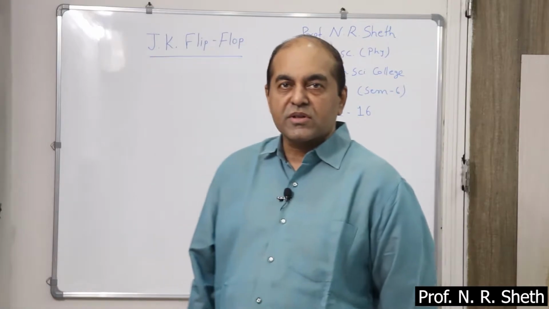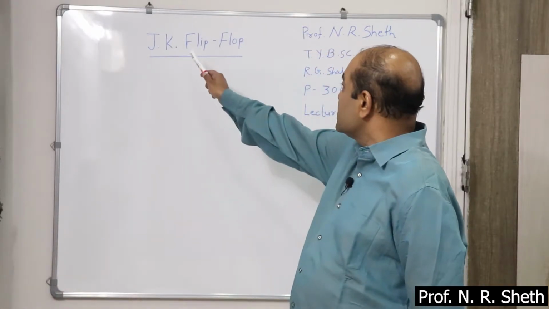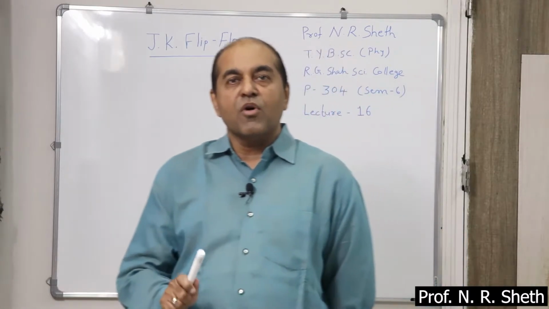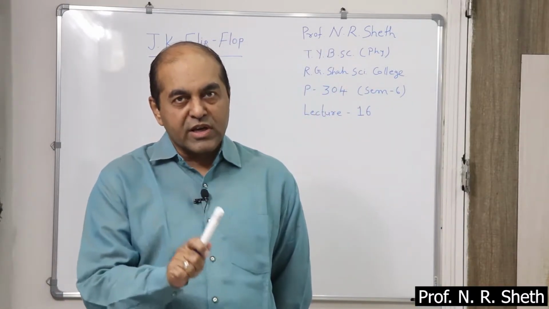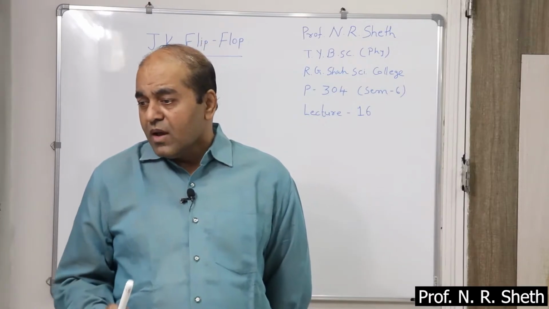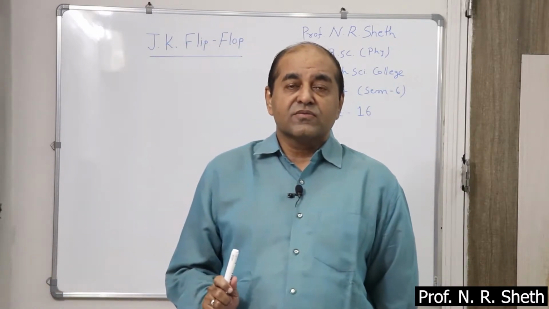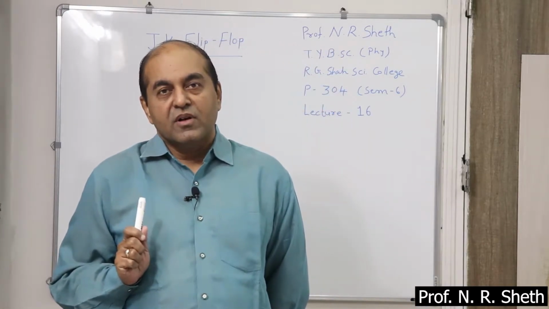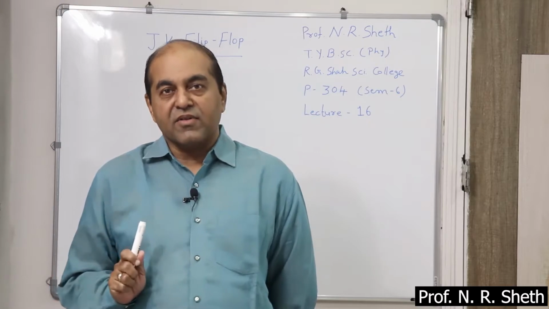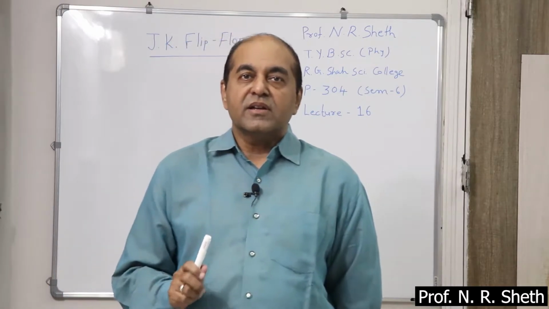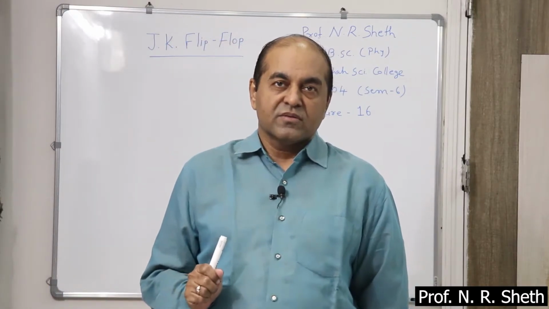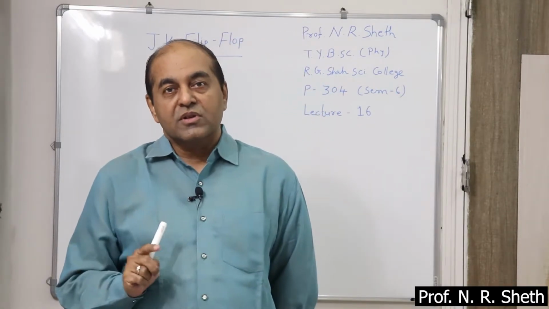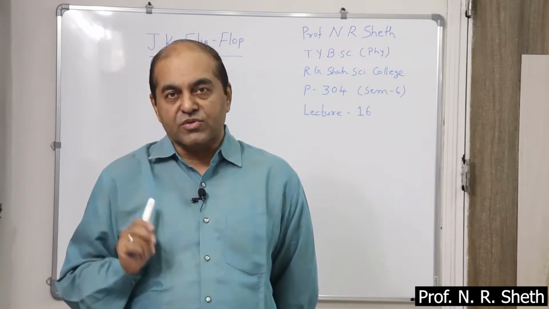Today we are going to discuss the third family, that is the JK flip-flop. Here J and K are the names of the control inputs: input J, input K. In the last lecture I asked you one question: what is the disadvantage of the D flip-flop? See, the D flip-flop doesn't have any disadvantage. The only thing is it has only one input. So in some cases we require two inputs, and then the D flip-flop is useless.